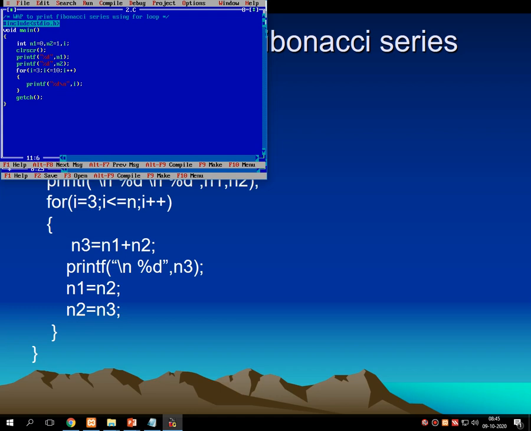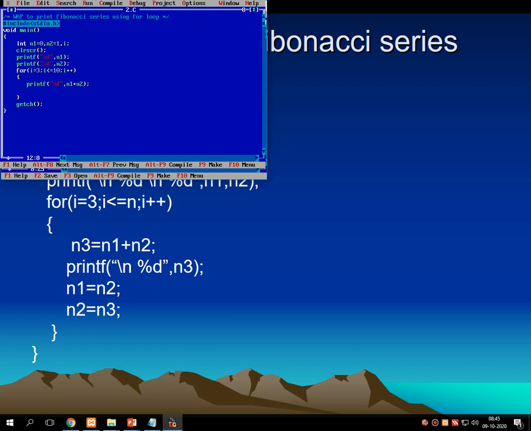Then printf %d, I don't want slash n yet, n1 plus n2.